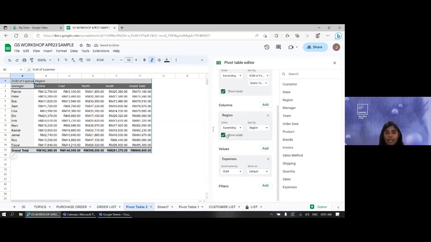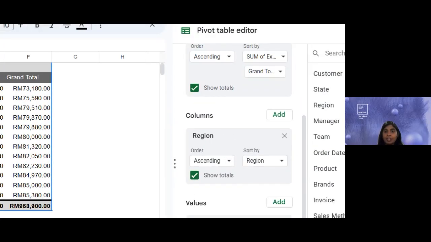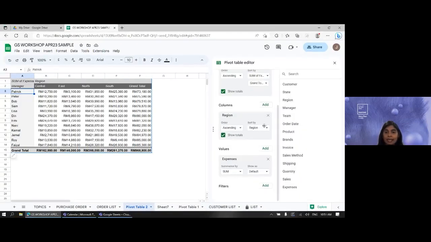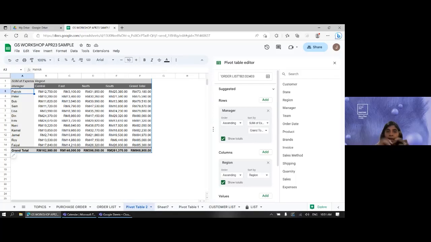So with that, I can see the regions are Central, East. So I can see like Patrick, in which region, how much is expenses. So we can arrange the data based on what row breakdown or column breakdown. And it's very quick. You just need to drag and drop to reorganize your report without doing any manual calculation. And also,